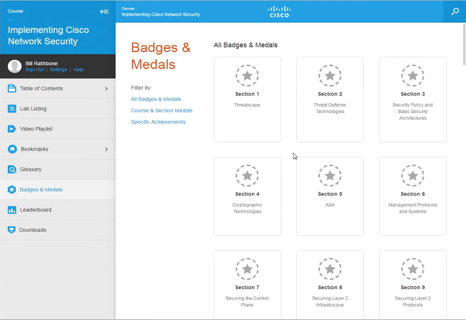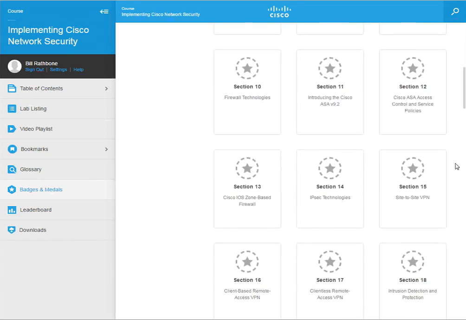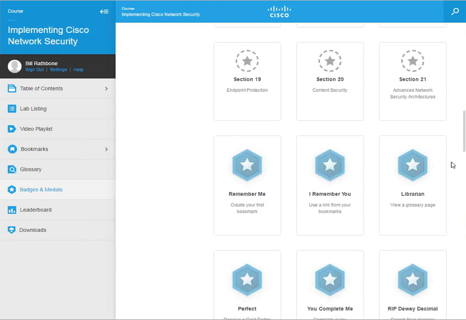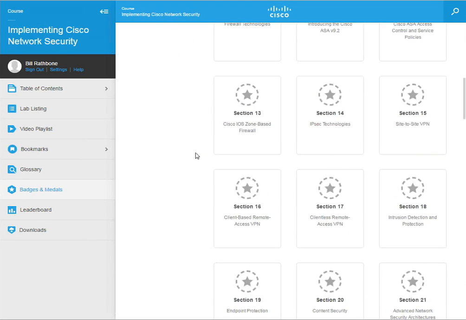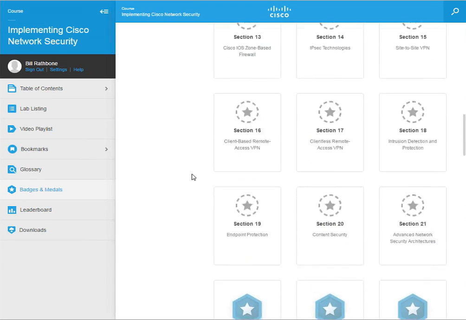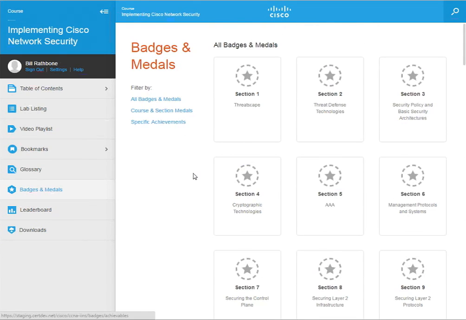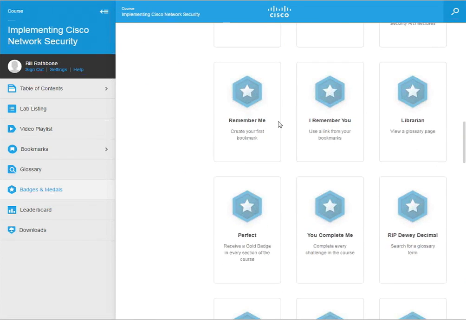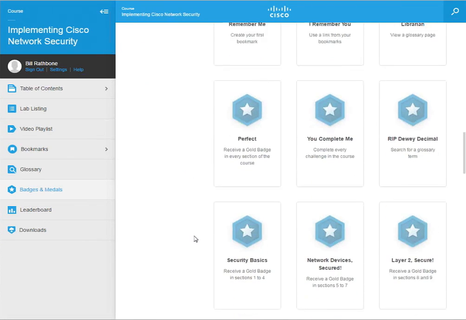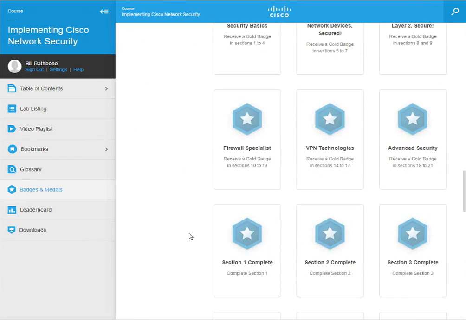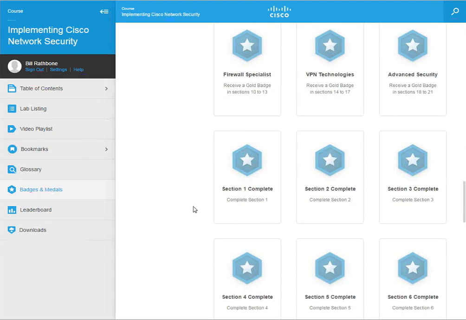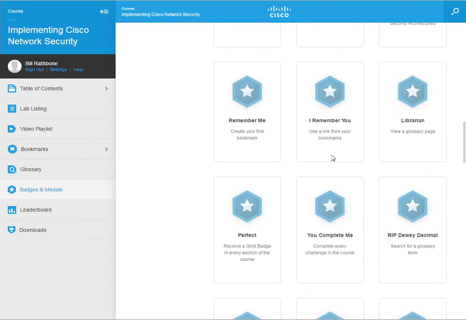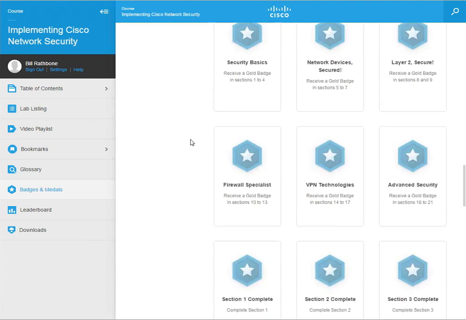I talked about gamification. The badges and medals that you've earned will show up here. I haven't earned any yet, but you see every section has a graded assessment, and you can earn a badge. There are also a number of achievements built into the platform that you can earn here, and these are a little bit silly. Some of them are general purpose, like creating a bookmark, using a link from your bookmarks, that kind of thing. And some of them are course specific,